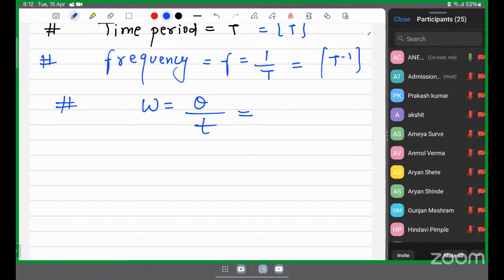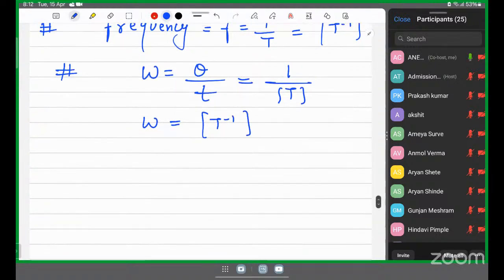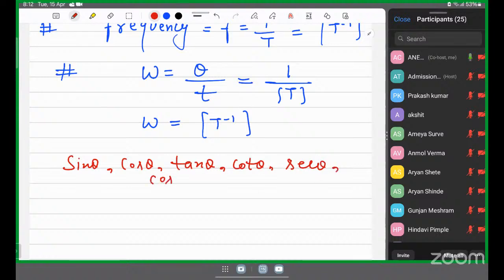What is angle? Angle is arc length by radius. Arc length is a length. Radius is also a length. So there will be no dimension for angle, radian, theta. Theta is dimensionless. So omega, theta upon T, will have dimensional formula T inverse. And remember all trigonometric functions, sine theta, cos theta, tan theta, cot theta, sec theta, cosec theta,